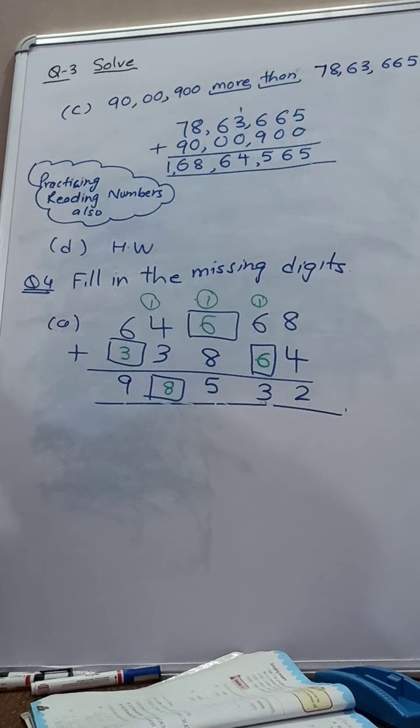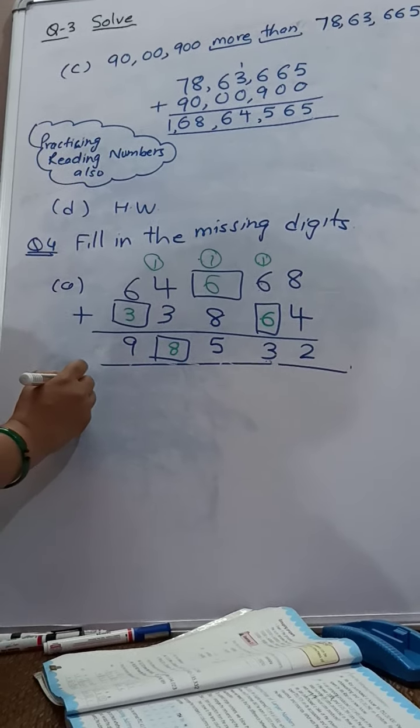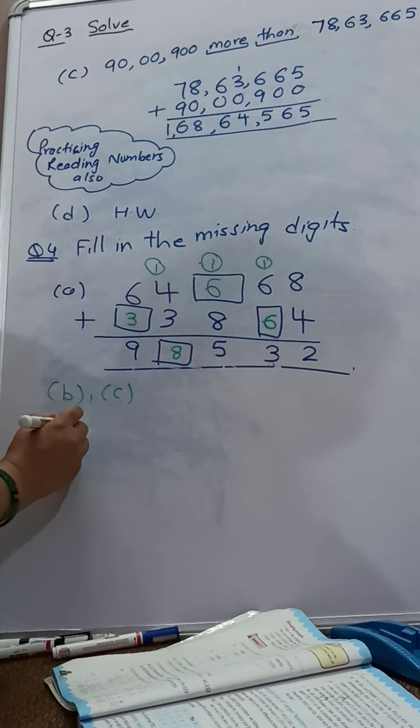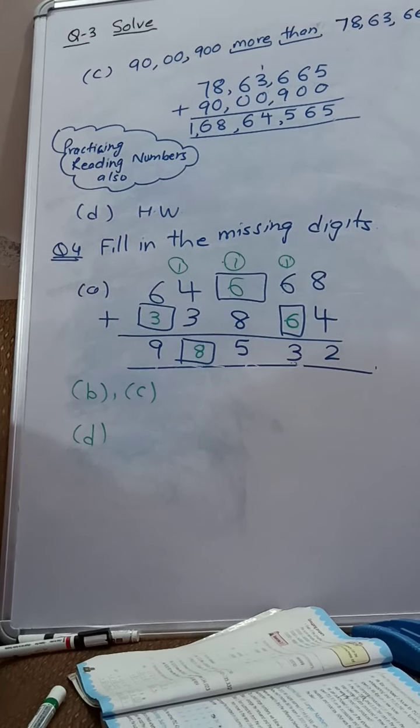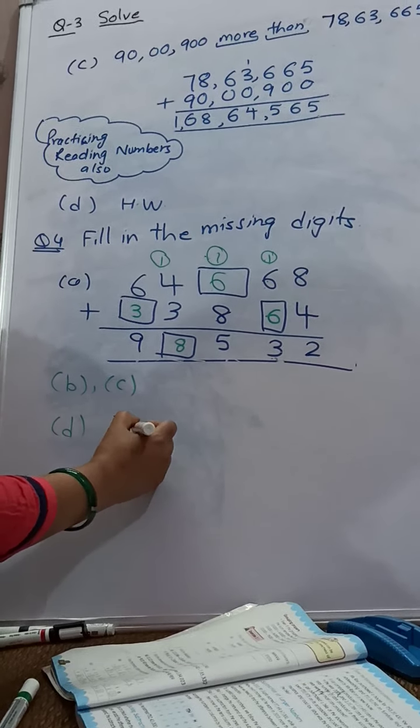Let's try one more part. B and C, you will be trying yourself, and we have this D part. I am doing D part for you. So first we'll write it. This is 7 and blank, 3, 6, 0, 8, 8. Under this 8 we have a blank, then 2, 5, again we have a blank, then 4, then 3, and then 1.